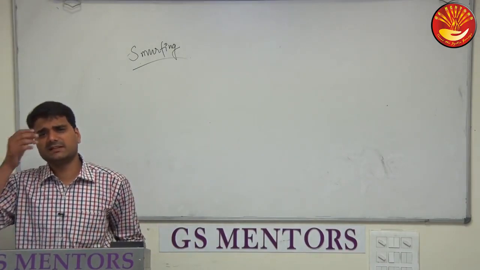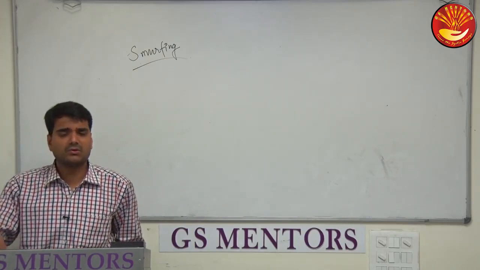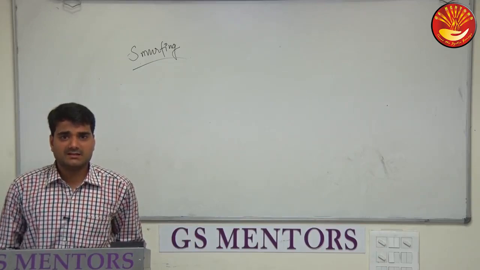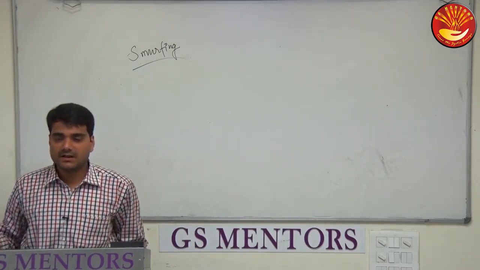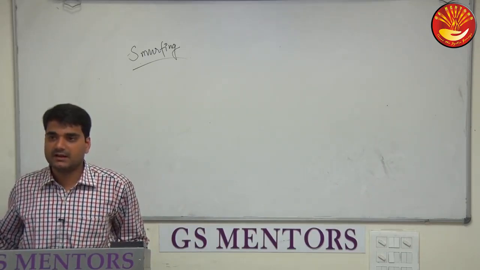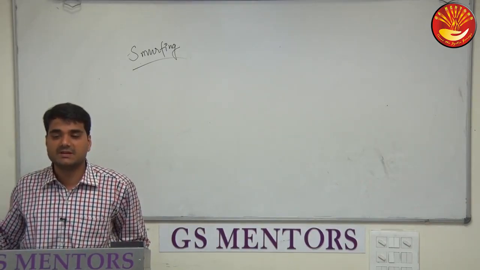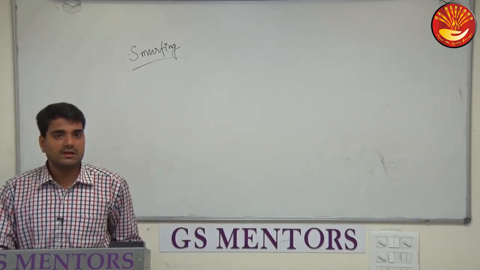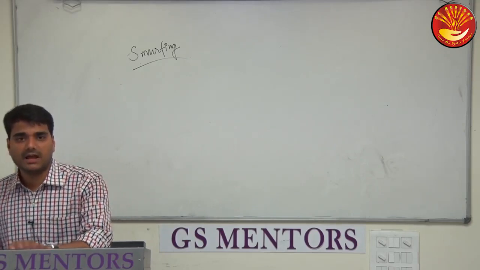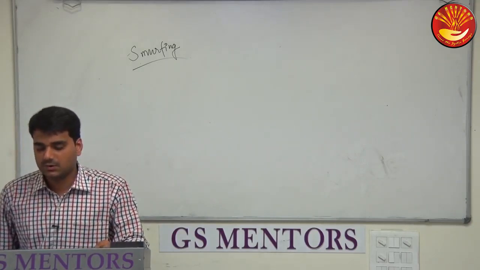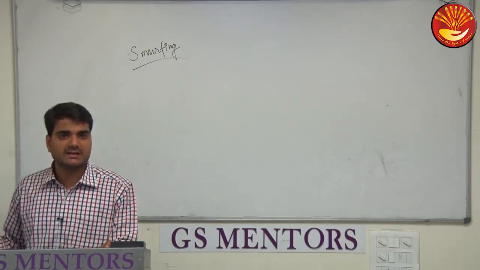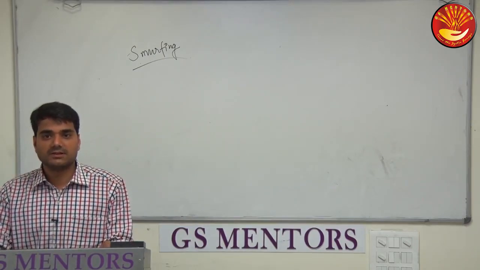Now, other than that, you can write on your own: it encourages bribery, it encourages all these illegal activities, funding of terror nexus and funding of organized crime. It is mainly through money laundering only. It increases hawala and all those things you can write down on your own. These 2-3 I found are a bit unique, that's why I told you. It impacts the economic growth of the nation.